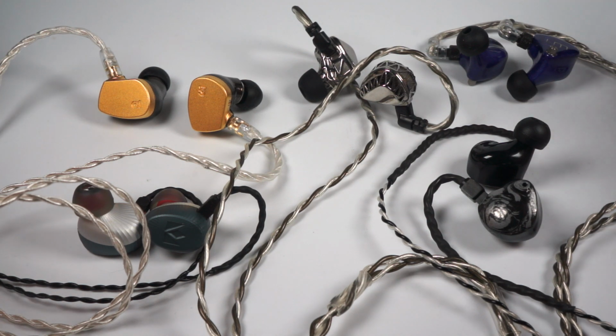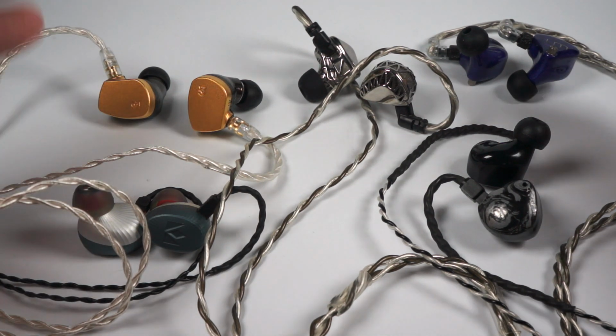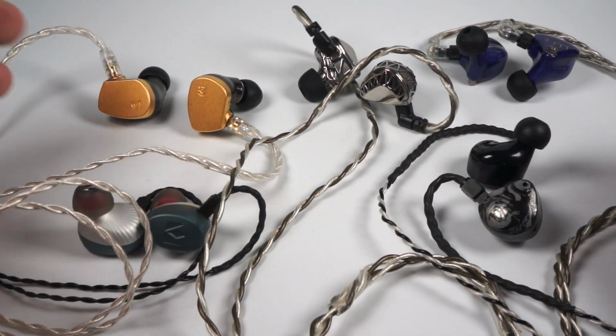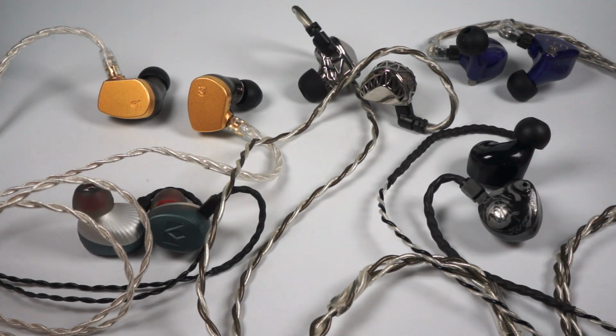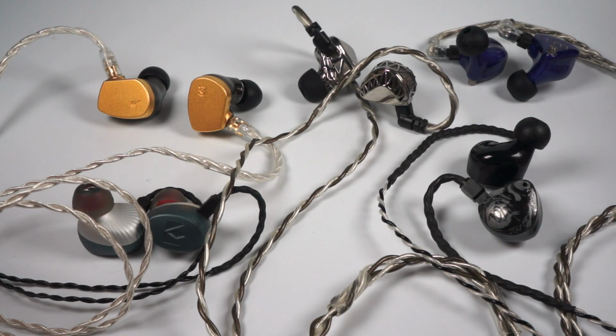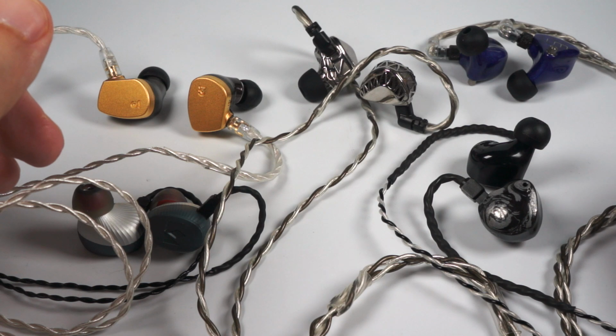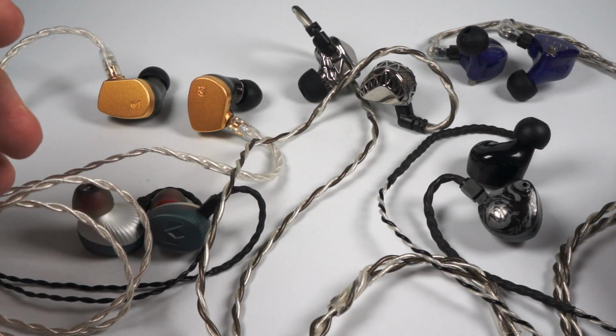Hello, as you can see by the content of my table today, I have decided to make a comparison review, or it will be more fair to say comparison overview probably, because I won't rank them, I won't name best and worst. I don't like creating these top charts, top 10 killer headphones, top 10 inexpensive Hi-Fi models that will beat your flagships. No, I just collected all flagships that I've got, and I've set the lower limit to